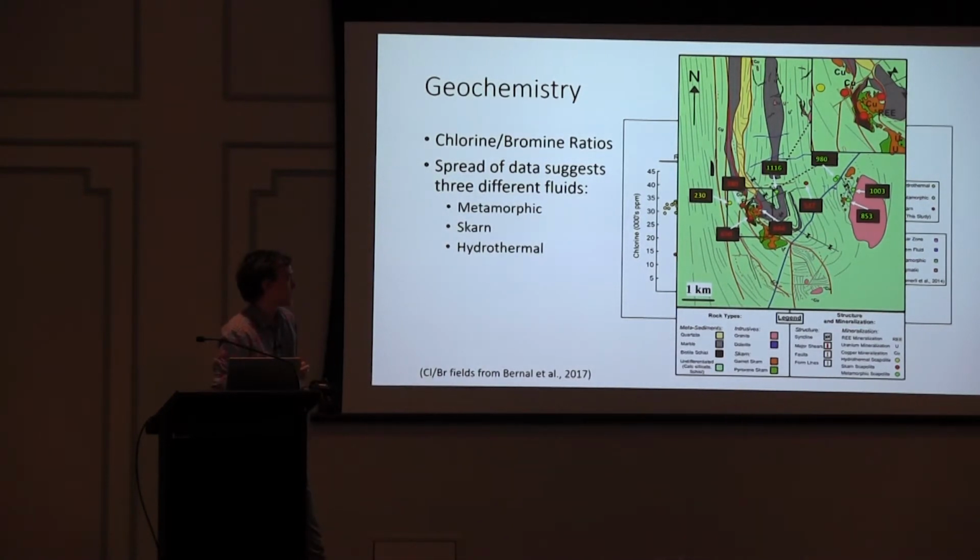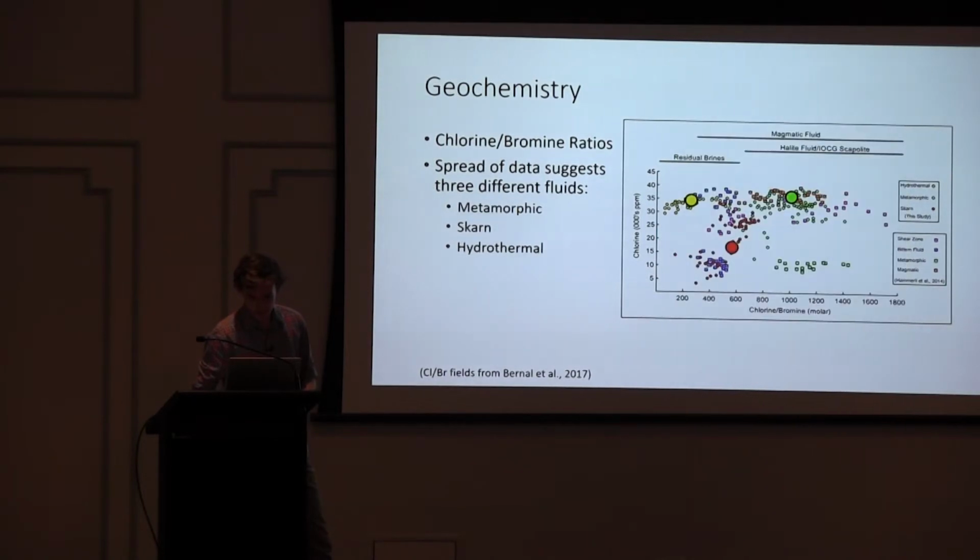So I think it's more likely that these aren't magmatic fluids and that they're more than likely a metamorphic fluid derived by halite dissolution. So if I just go back to this figure again and move on to the skarn